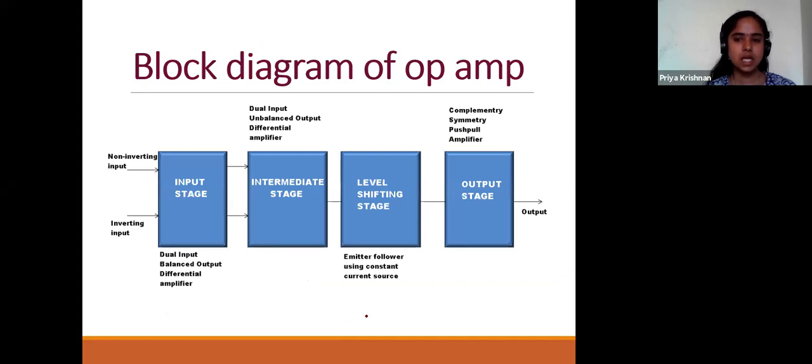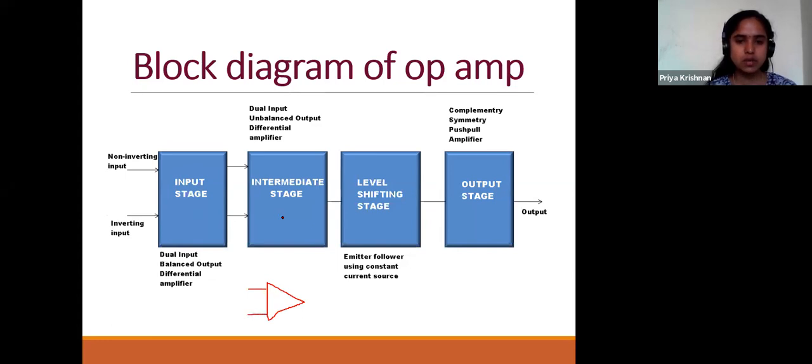So this is the detailed block diagram of the operational amplifier. I already mentioned that, to understand it simply, you can understand the operational amplifier as a differential amplifier. So we will see what is inside it. We know that this is an op amp, a triangular symbol with two inputs, correct?